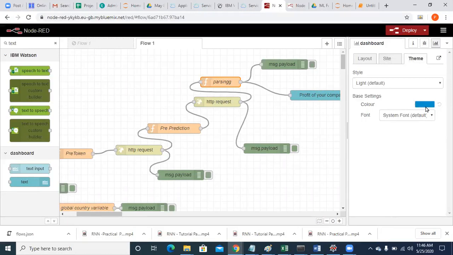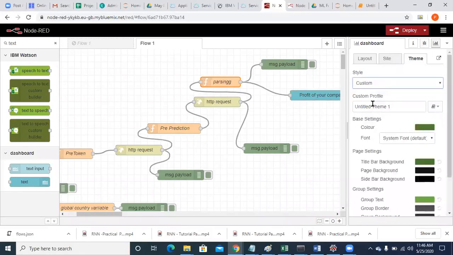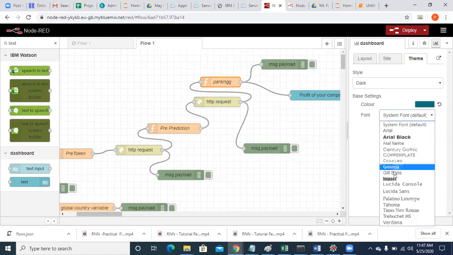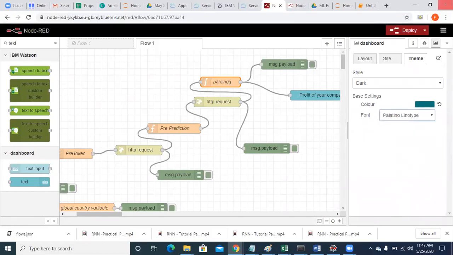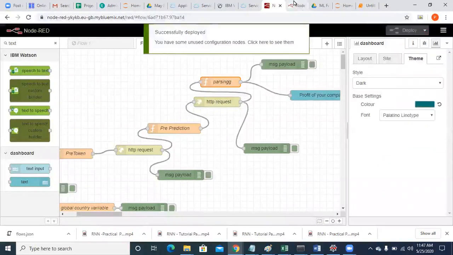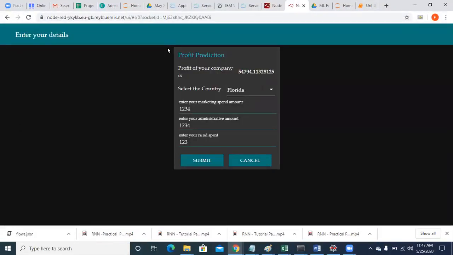So here you can select the theme as dark or custom or anything. So I'm just checking the dark. I can also select the font of it. I want to select this font and just deploy it. Go to your UI. The dark theme is created.